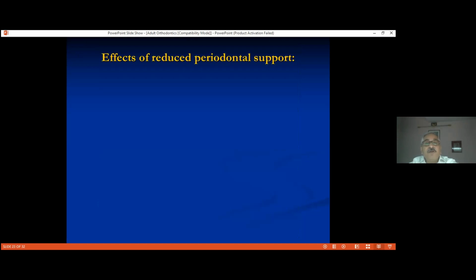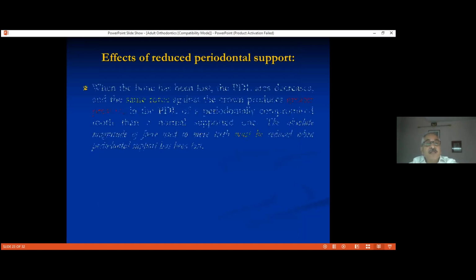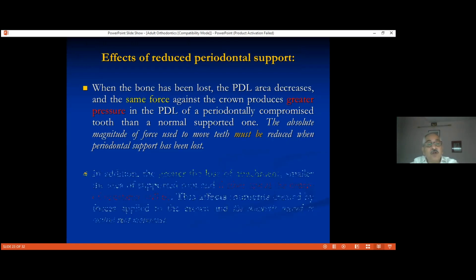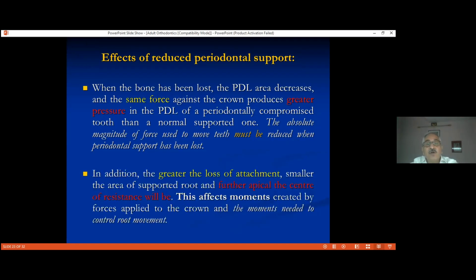Effect of reduced periodontal support. When the bone has been lost, the PDL area decreases, and the same forces against the crown produce a greater pressure in the PDL of a periodontally compromised tooth than a normally supported one. The absolute magnitude of the force used to move the teeth must be reduced when the periodontal support has been lost. In addition, the greater the loss of attachment, the smaller the area of the supported root, and